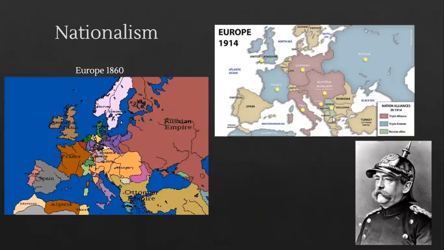The fourth and final long term factor that caused World War One was something called nationalization. Okay. This is where countries unite under one national identity, right? They become very patriotic. They're like, oh, we are British, we believe in Britain, or we're French and we believe in France, right? Very strong national identities, which not only made people very patriotic and wanting to be better than other countries, right? But it also was a problem, especially here in